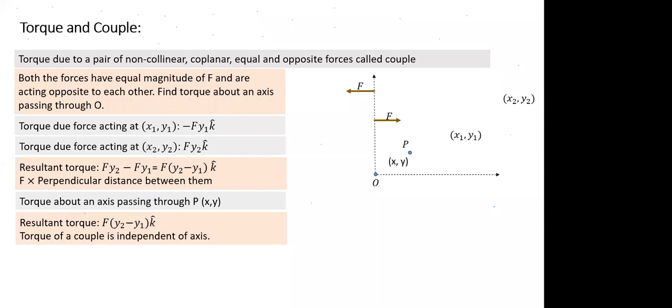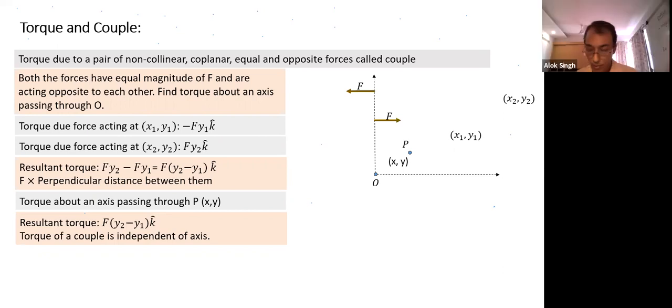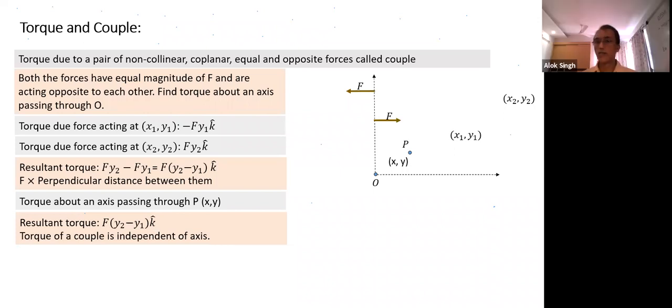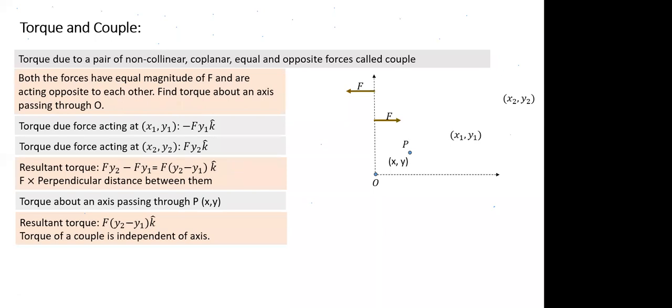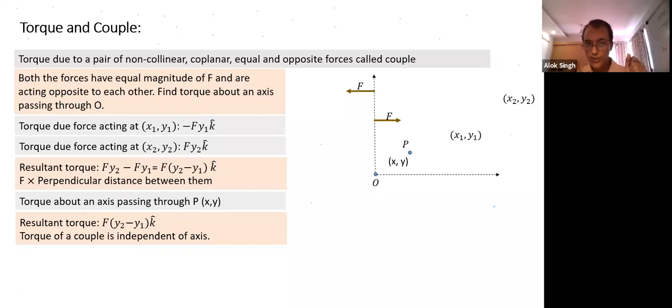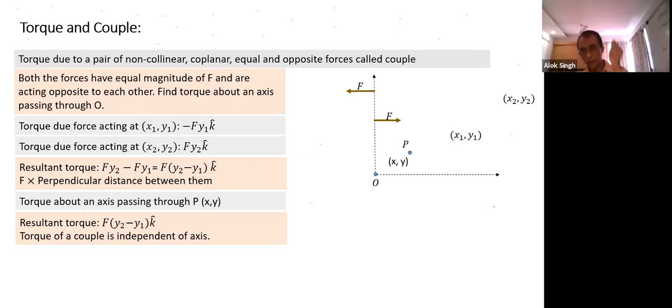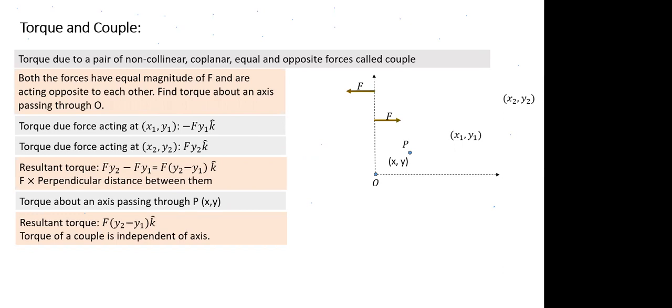Sir, what about the sign, like whether it is positive or negative? You see, if I translate this, this is how the torque looks. Suppose this acts on a rod. Which way will the rod rotate? It's like a driving wheel. When you rotate a driving wheel, are you applying a torque or not? Yes, sir. Suppose you want to turn the wheel like this. I'm applying this force downward and this force upward. Which way is it rotating the wheel? It is rotating the wheel in the clockwise direction.